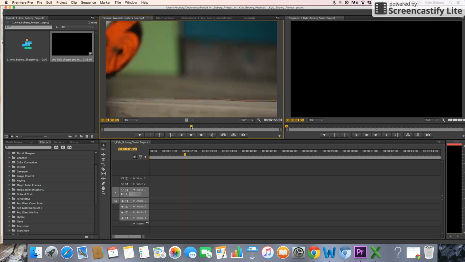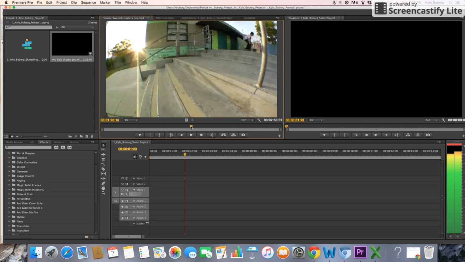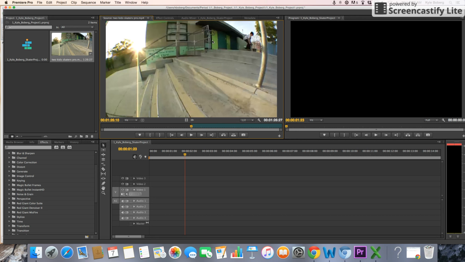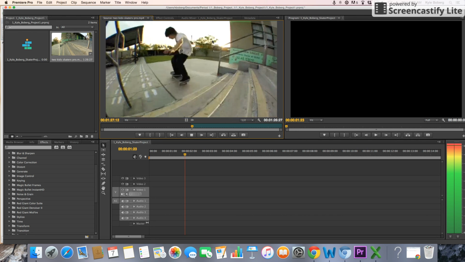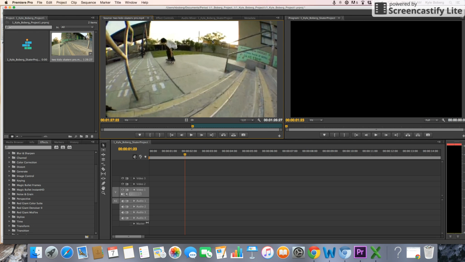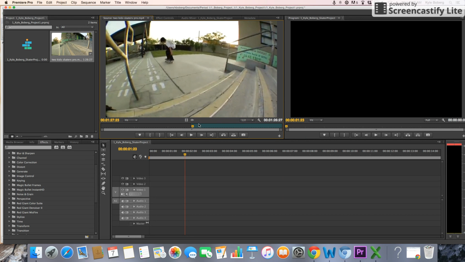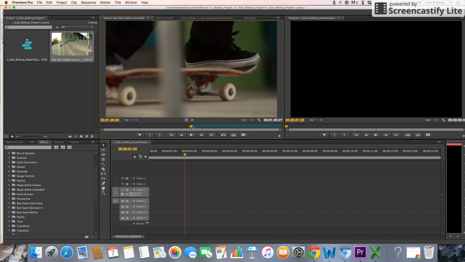So say I really like this trick right here, and I want to put this little trick onto my timeline. Okay, so notice how I'm using the arrow keys to get exactly to where I want. Okay, so I can rewind hitting J, stop using the space bar, go right